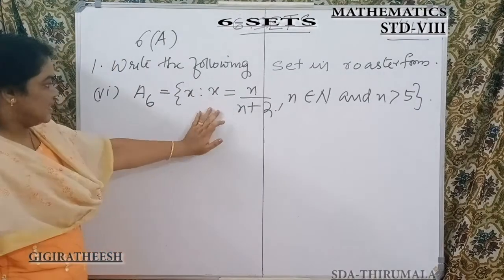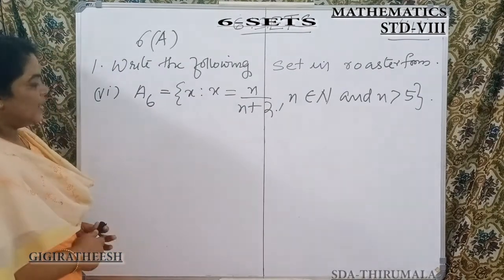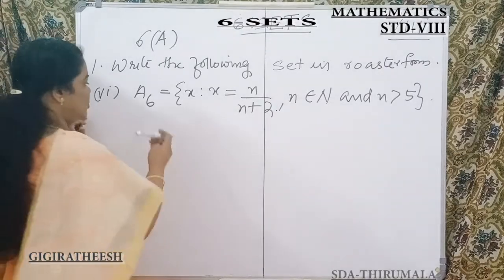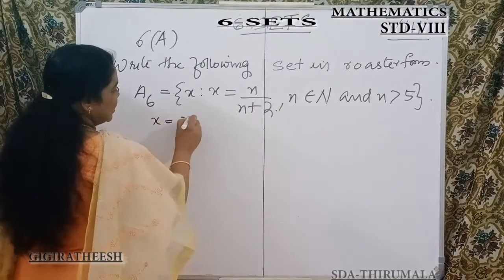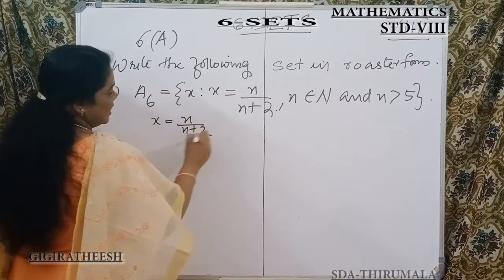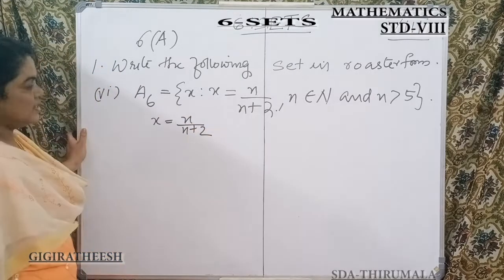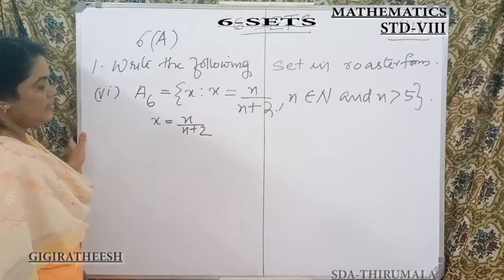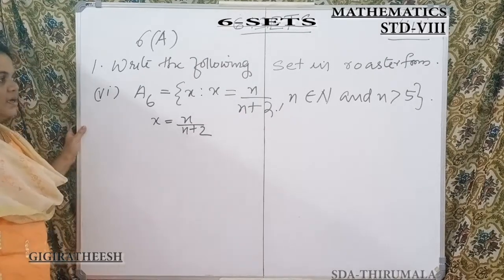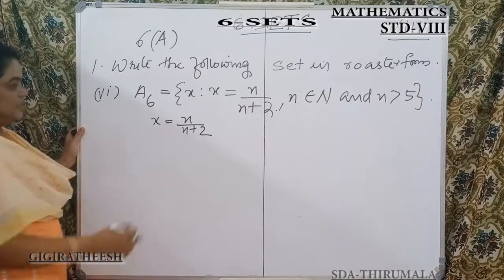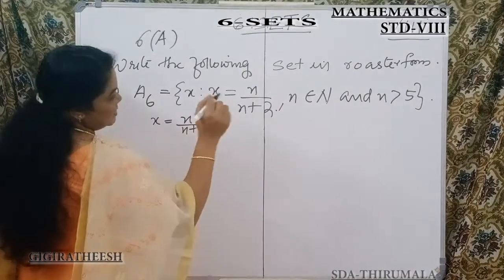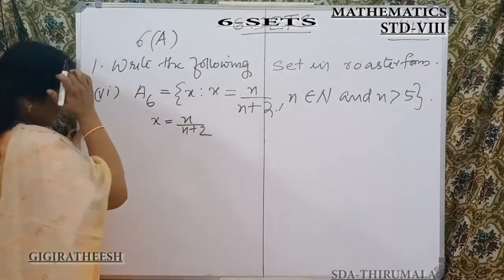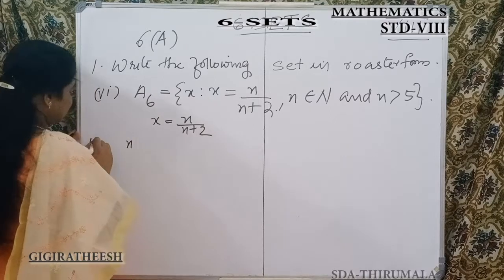X. What is x? X is equal to n by n plus 2, and n is an element of natural numbers, and n is greater than 5. So we should take after 5. That is, first of all, take 6. And here what is it? n is equal to 6. When n is equal to 6,